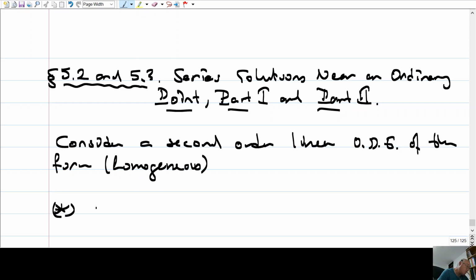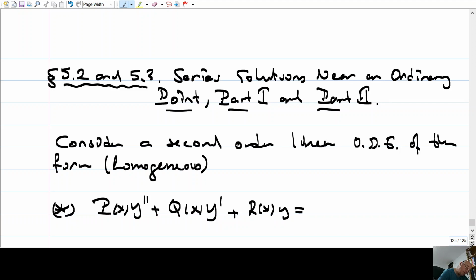So this is the form p(x) y'' plus some other function q(x) y' plus r(x) y equals 0,